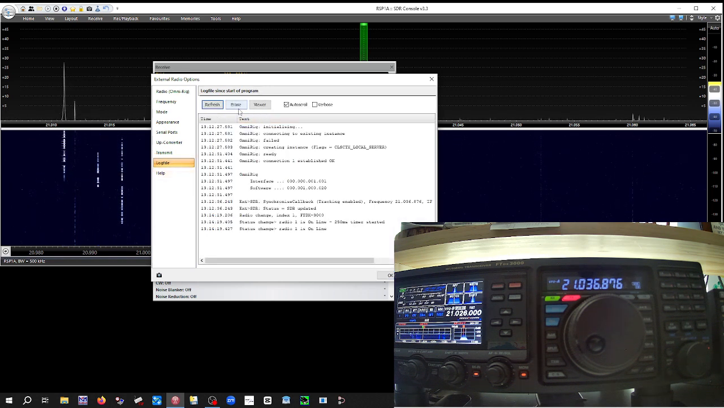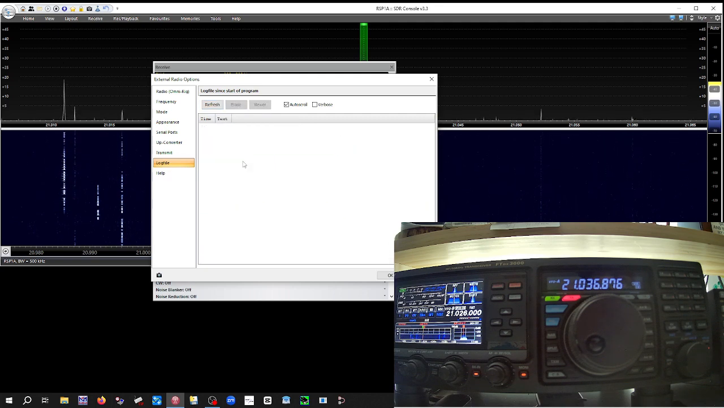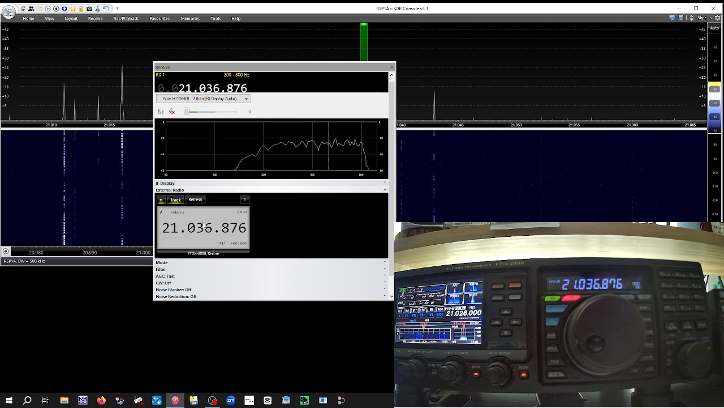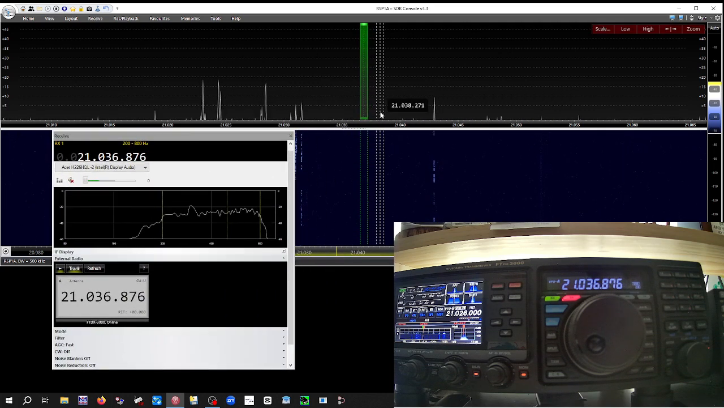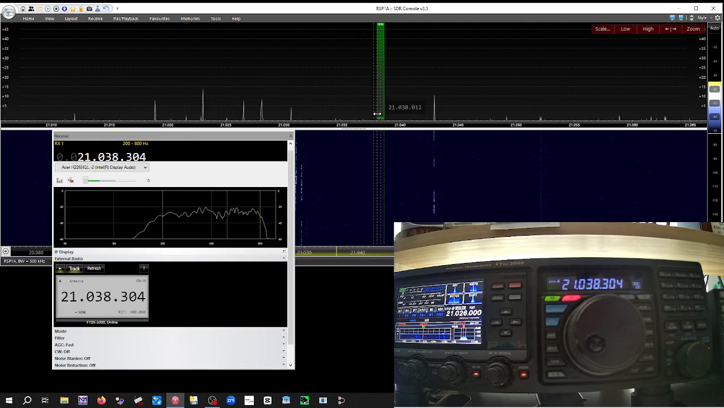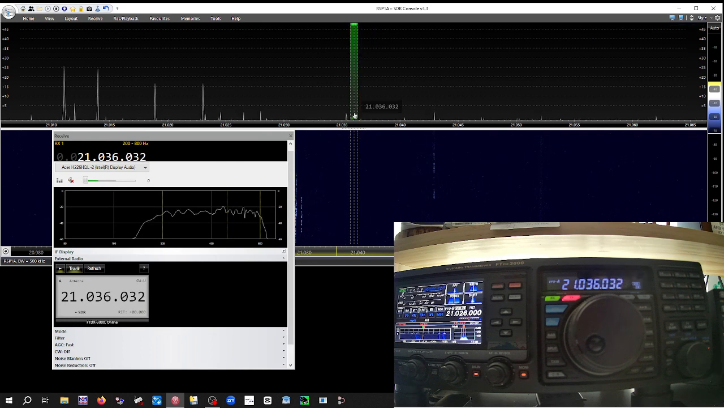It's a nice log file so we can debug if we had to. Okay, everything's good. Now I want to track the radio. Okay, it was already tracking. If all that works, you should be able to click on a frequency and your radio will follow. Okay, now